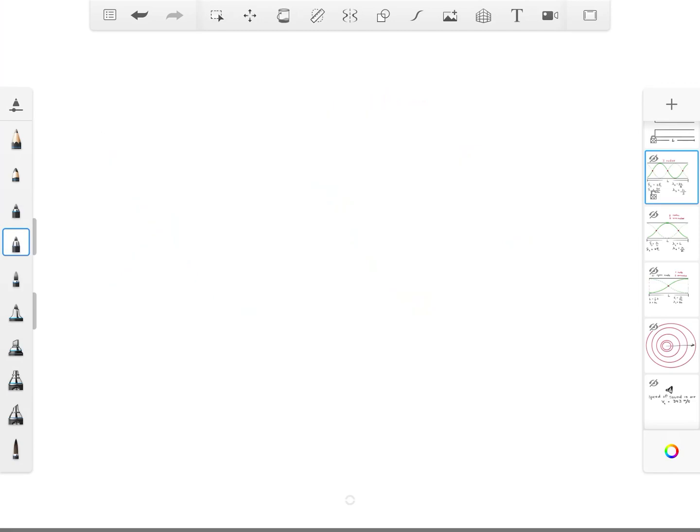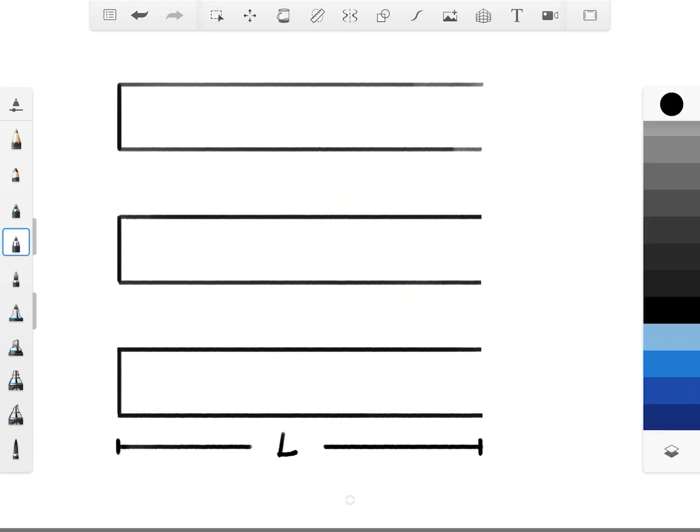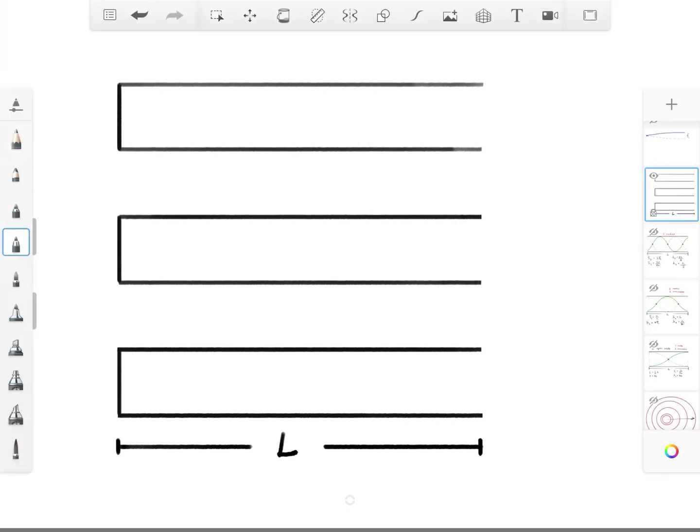Okay, let's look at the next one now, which is what happens when you have one closed end and one open end. So this is where it gets a little bit different. So let me write over here on the top, one closed end, one